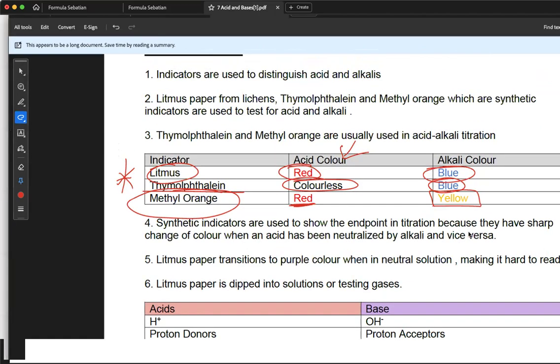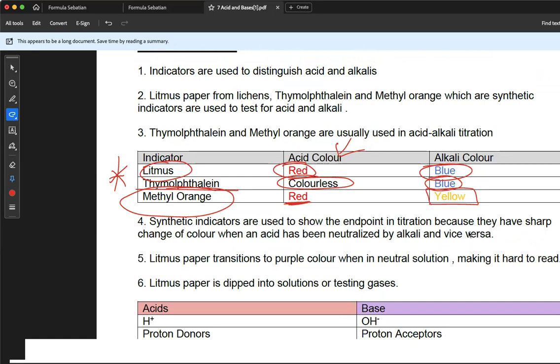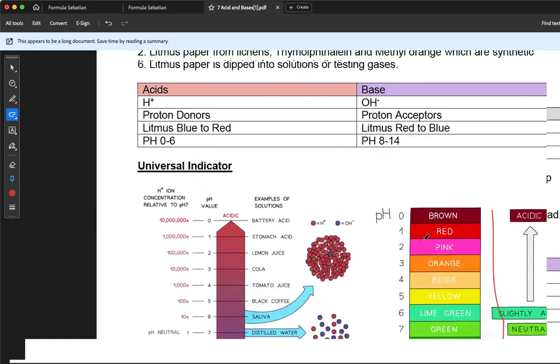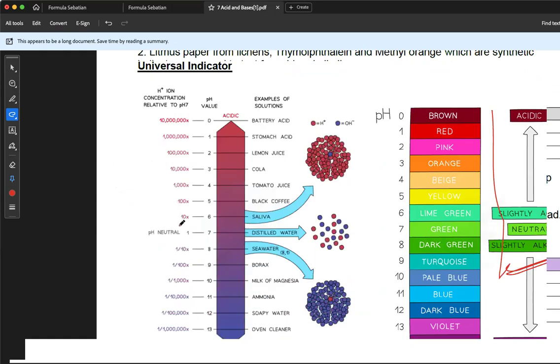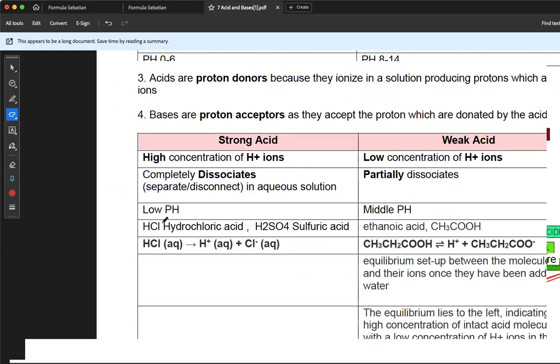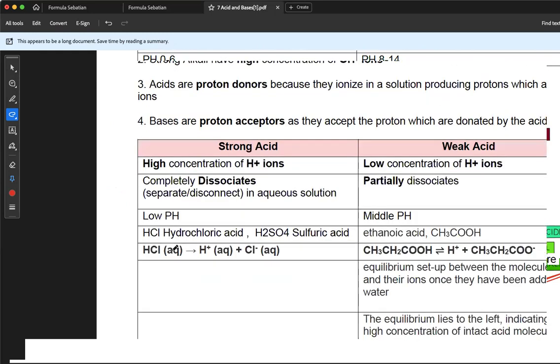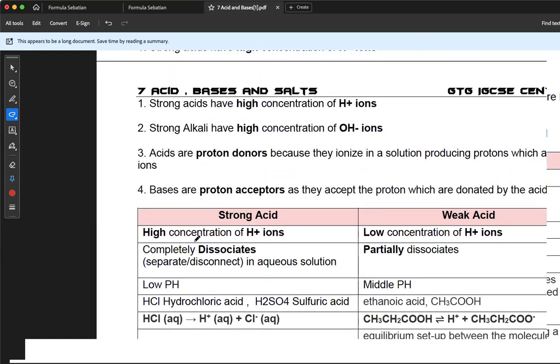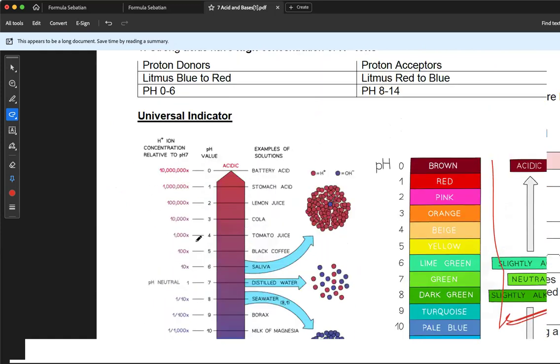And one more thing, guys. Oh, yeah, one more thing I want to mention. In terms of whether something is a strong acid or a weak acid, this is because of the dissociation of the H plus ions. Let's say, for example, we look at two examples. Let's say hydrochloric acid and the other one,